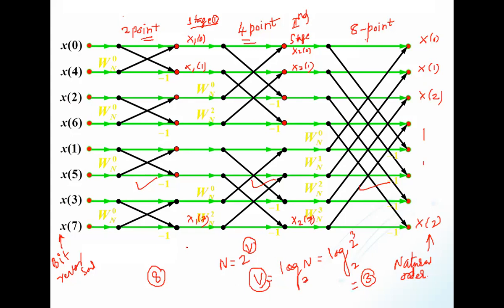Now suppose I want to calculate it for 16-point, how many stages do you require? 4, because it is 2 to the power 4. So 4 comes here, we need 4 stages, meaning one more stage is added, and it becomes the 16-point value. And even the input bits will change. So it will be from 0 to 15, and at the end again 2-point, 4-point, 8-point, and the 16-point value. So this is about the DIT-FFT algorithm.